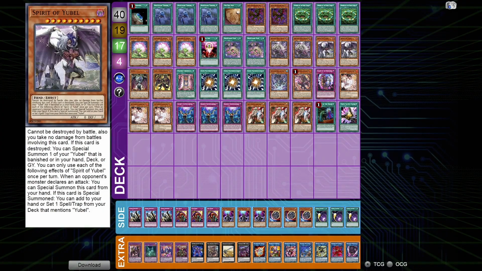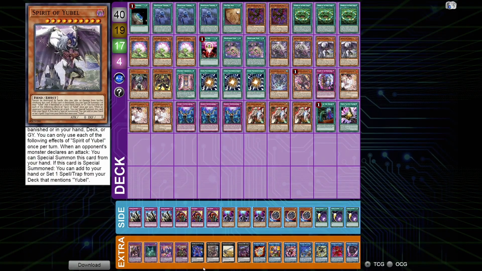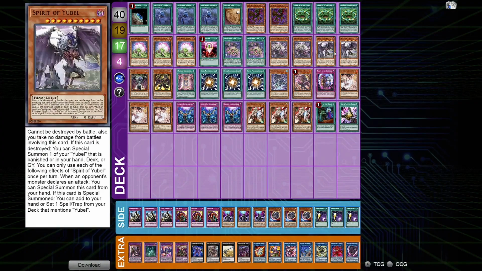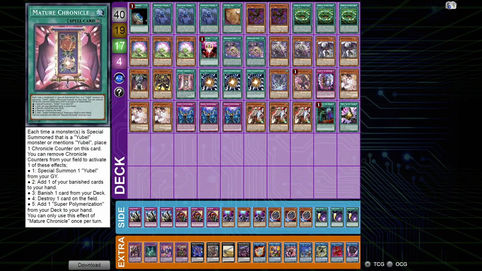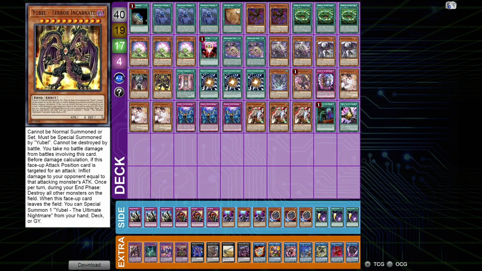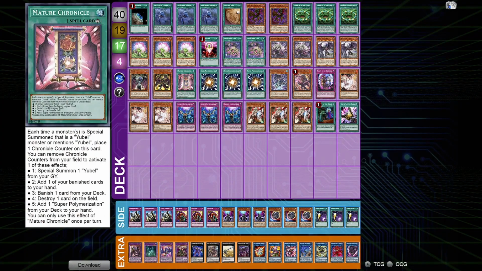You have to have a minimum of 2, either if you need 2 to go into Varudras, or you just have 2 because you want that extra search target with Nightmare Pain. Actually, your extra search target is usually Material Chronicle. So yeah, we have the 2 Yubel bricks. We have no Ultimate Nightmare, by the way. We have Mature Chronicle,